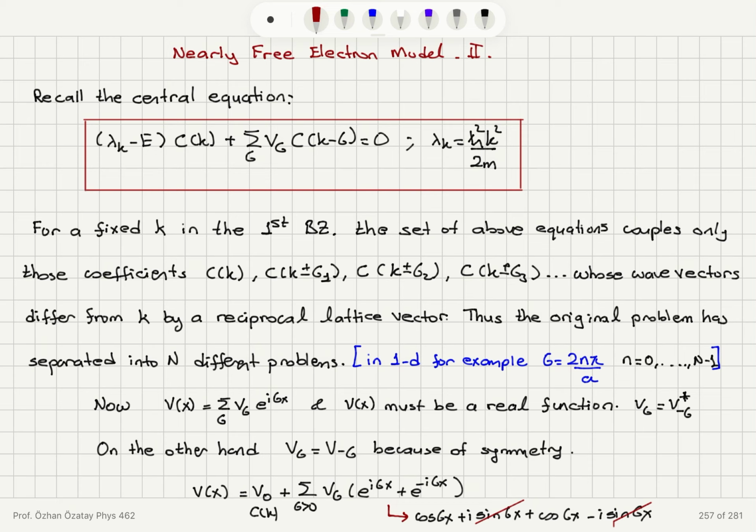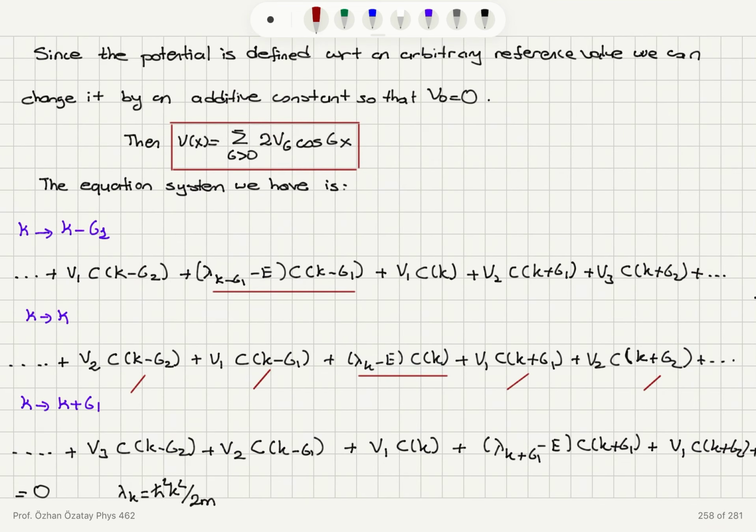Now I come here for G equals G1, I will have V1 C of K minus G1 minus G1. So this is going to be V1 times C of K minus G2. So that will be this term. And then